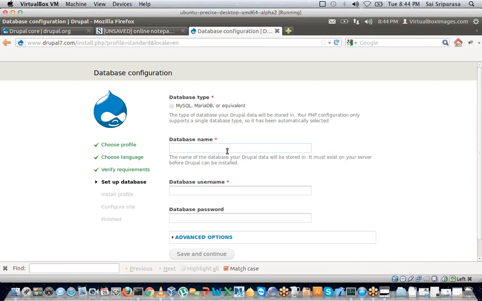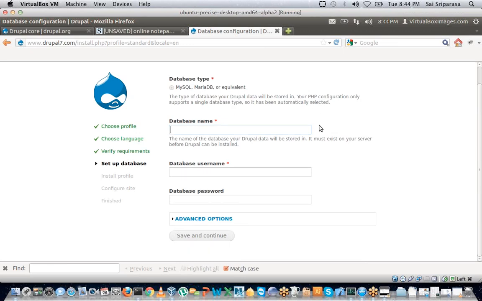The next step is it is looking for a database. It says the type of database your Drupal will be stored in. Your PHP configuration only supports a single database type, so it has been automatically selected. It is looking for a database name, a database username, and a database password.